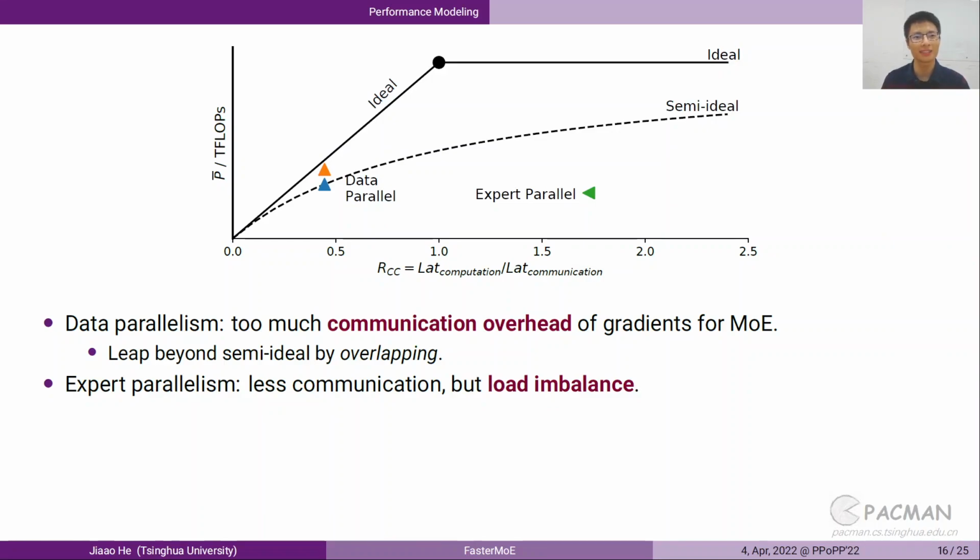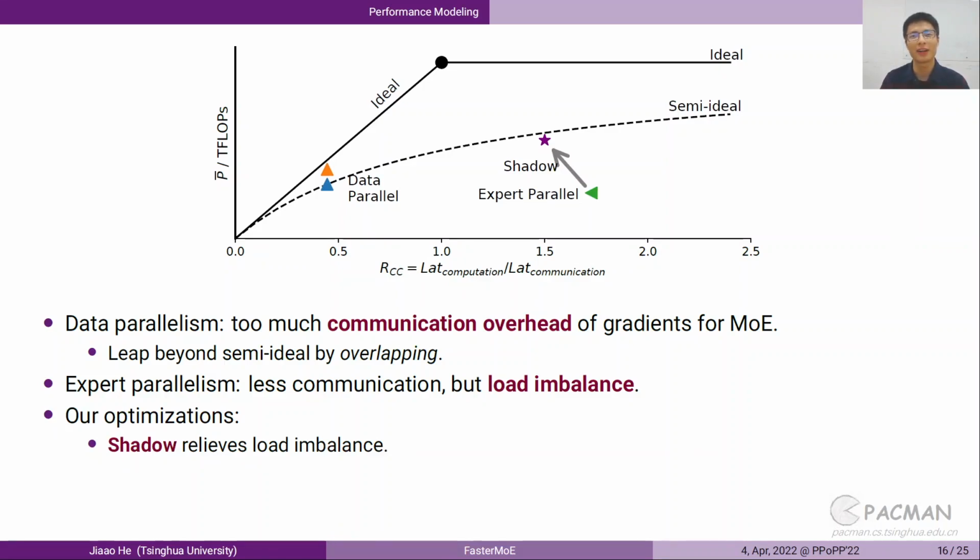And for expert parallelism, without any optimization, although it has less communication than data parallelism, the load is very imbalanced. So although it's at the right part of this figure, it still has low performance. And as for our optimizations,